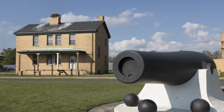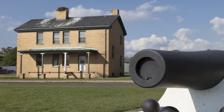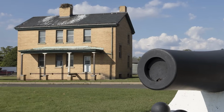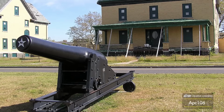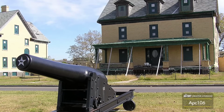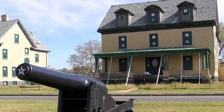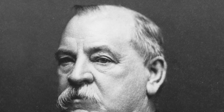For one, the advancement of rifled heavy guns started in Europe and escalated significantly by the Civil War, making those 3-mile ranging, highly inaccurate smoothbore cannons in the federal defense system inadequate and outdated. Triggered by new naval construction across America and the European powers, President Cleveland ordered a joint naval, army, and civilian